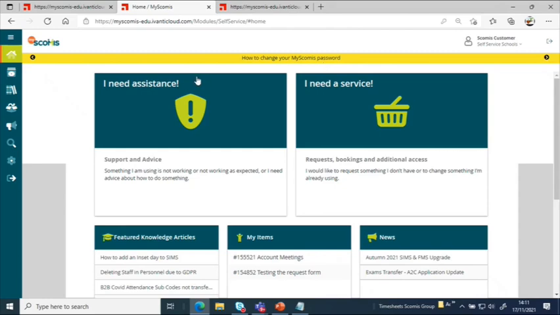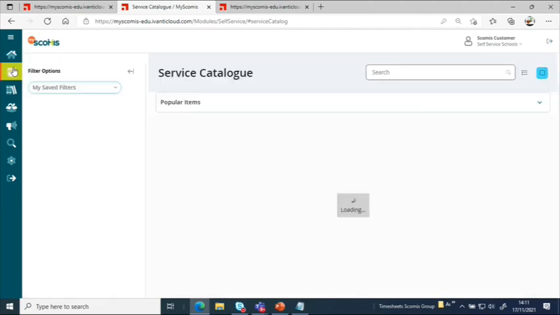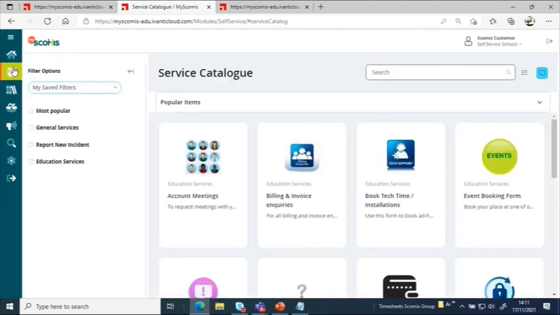Okay, so the second part of the screen that I'd like to show you is the left-hand side of the screen. So we're currently on the home page. The next one down is called the service catalogue, and this is services that you can request. So you might want to request a meeting with your account manager, you might want to book technician time, you might have an inquiry about your billing or invoice, and